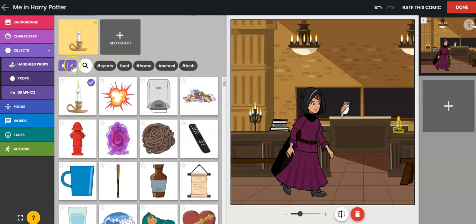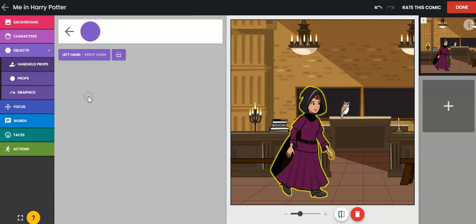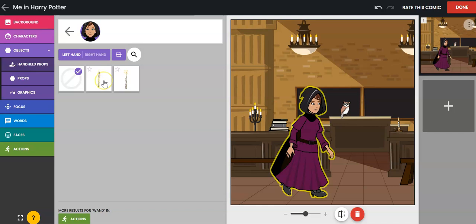Props wise though, let's do a search here. We're going to say wand because I want my character to be holding a wand. So we're going to search in handheld props. Oh, there we go. We've got an awesome one. There you go. So now she gets to be holding a wand. All right. Now you can choose which hand. You can say left hand or right hand or kind of change things that way,